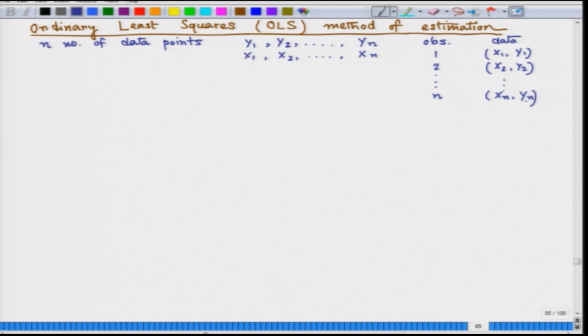These are the points in the scatter diagram. Okay. Now, an estimated equation using this data would look like